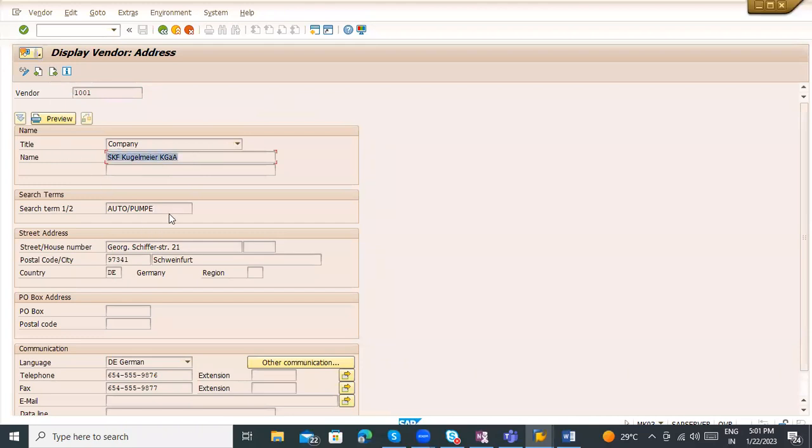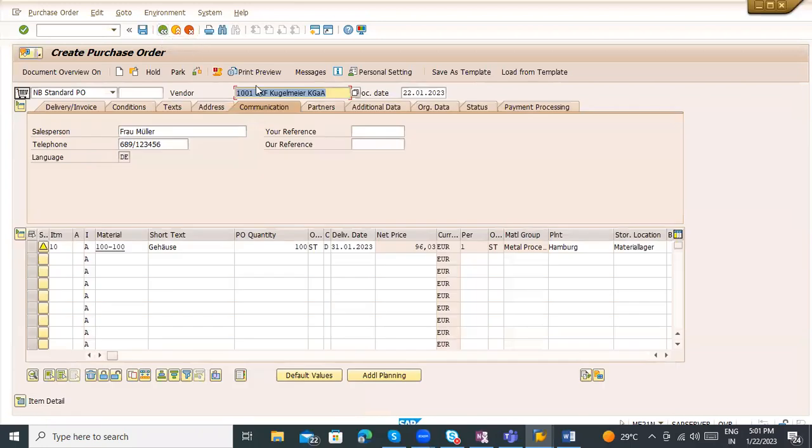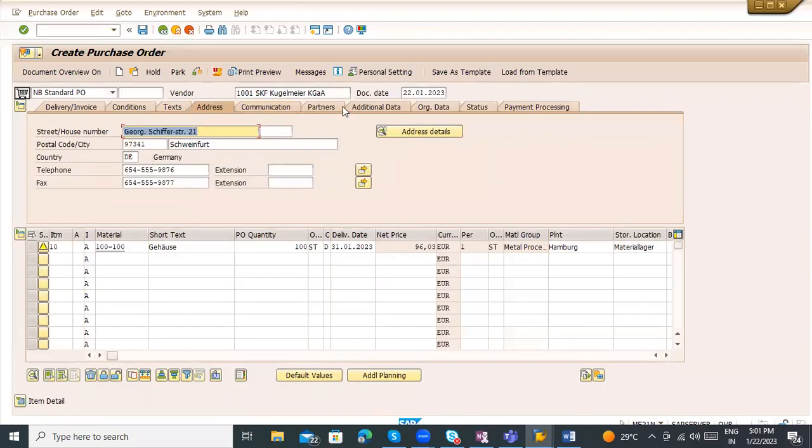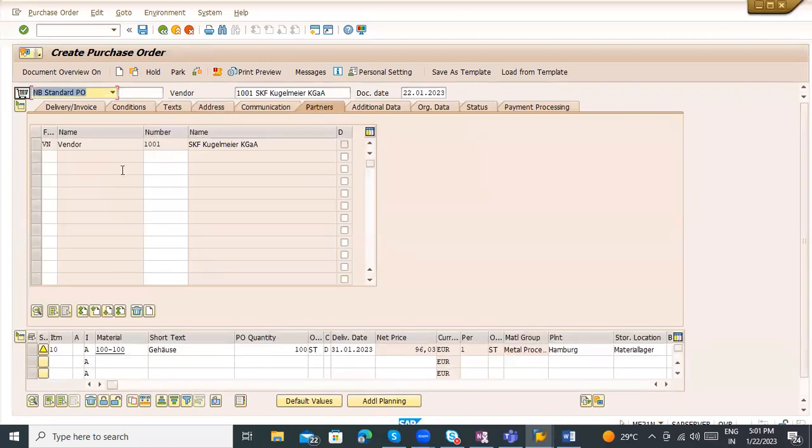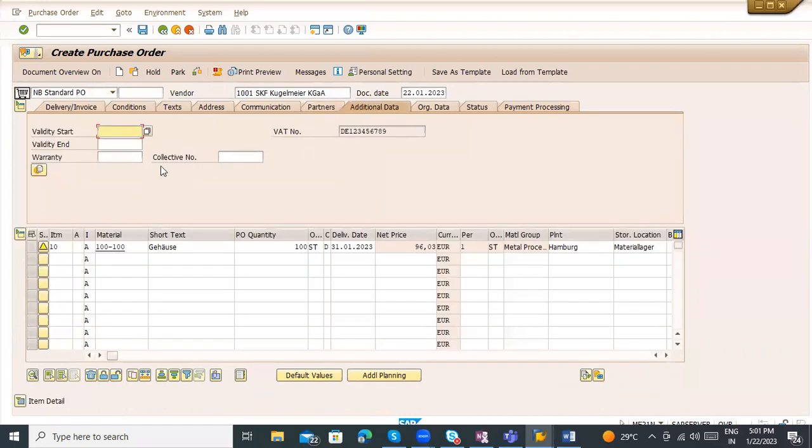So this is the address details. So this is the auto prime. This is already maintained in the vendor master record. That's why it is showing in our address details. And if there are any partners, multiple partners, they can maintain multiple partners here. And our reference, your reference, start date, collective numbers, anything which is there, I can maintain here for